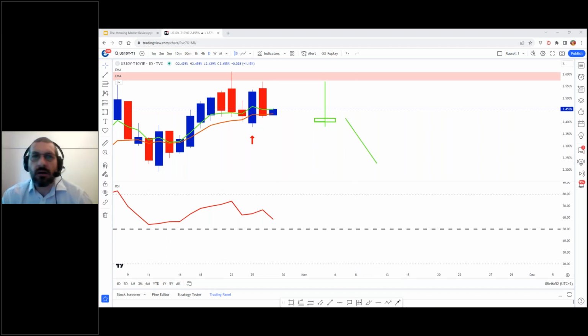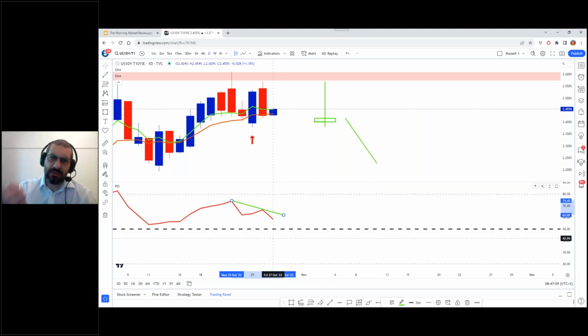All right. So if we've got this bearish candle here, let's just take a look at the US dollar. Just before we go to the US dollar, what we can do is also just draw a trend line on this RSI just to indicate that the momentum seems to be pushing to the downside. Again, just another comment before we go through to the US dollar. The key question here with the yields, and we've asked this question a number of times and we'll continue to ask it, is how high can yields go?